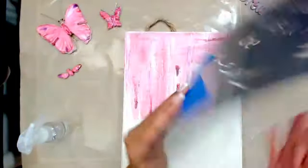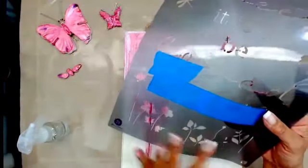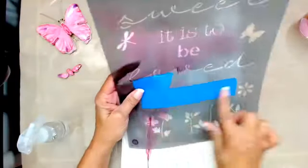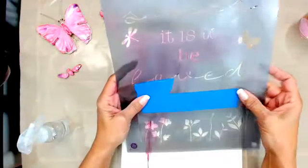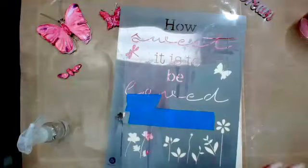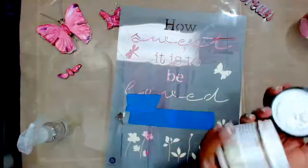All right, next thing up was I took a stencil, and it is the How Sweet It Is to Be Loved, and it says by you. And I wanted to use these flowers because I like the way I can build my background. So I put tape over, just painter's tape, and it'll peel right off when I'm done. I put tape over it just to make it easier while I was playing with this part, so I didn't get the words in there because I didn't want them. And what I used with that was some 3D gloss gel, and that is number, here we are,